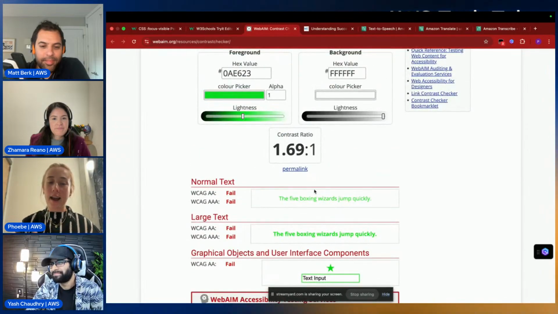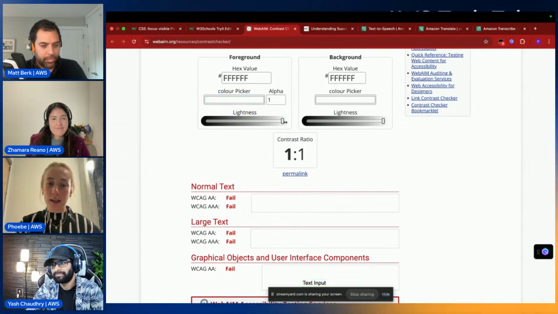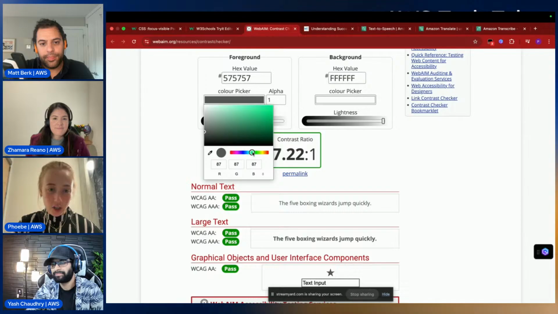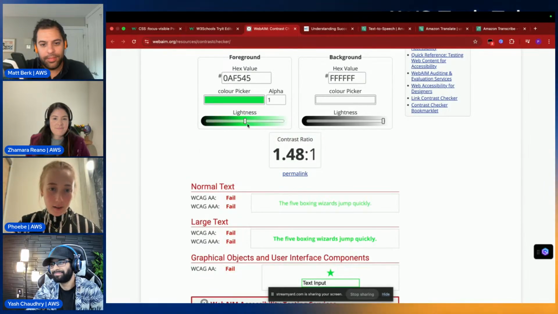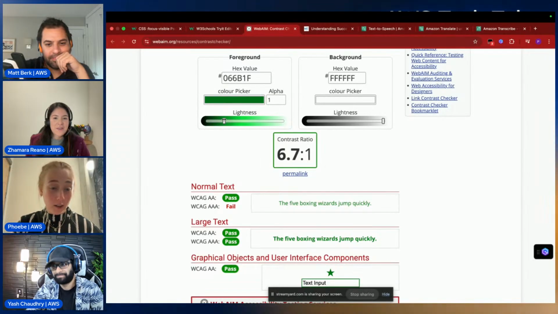And you see that now the contrast checker is failing, right? Why is that? It's not as easy to read. So we can play with the lightness. And you see now it starts to pass once it goes down. I think it completely changed the color, actually. There we go. Oh, wow. That's failing everything. Yeah. So there you go.